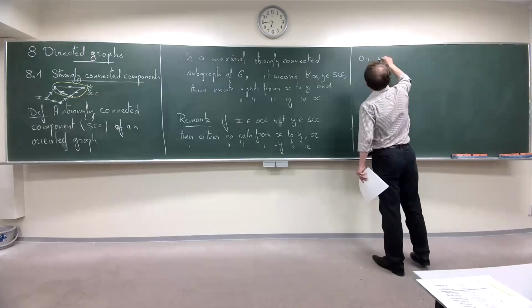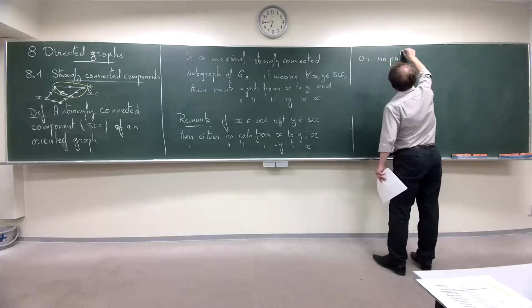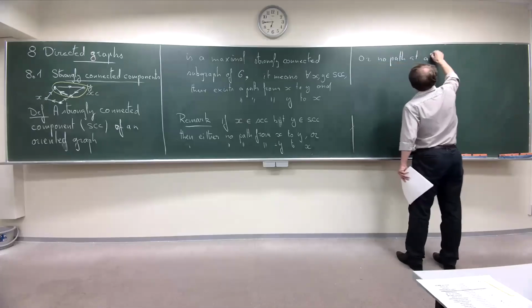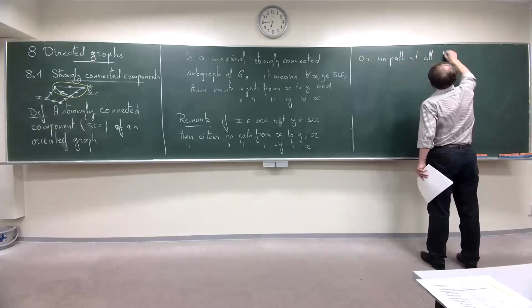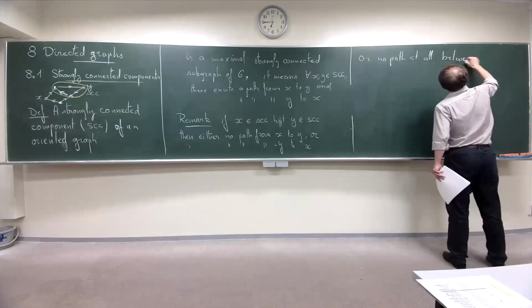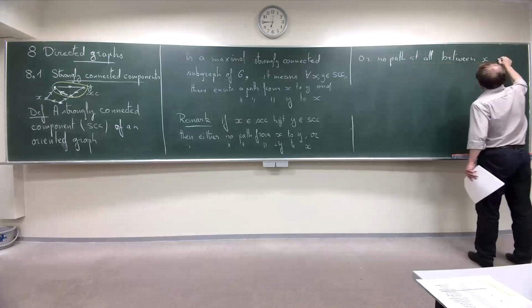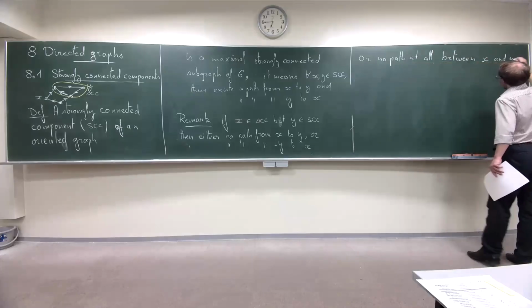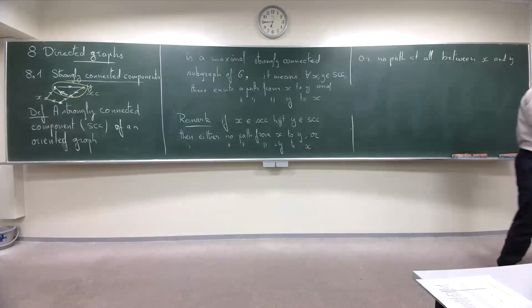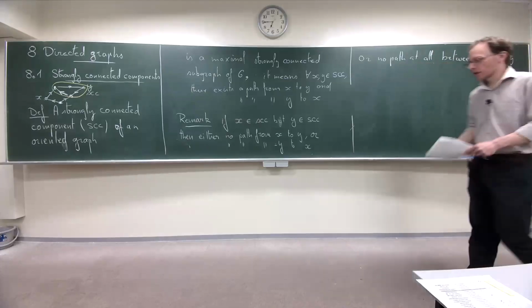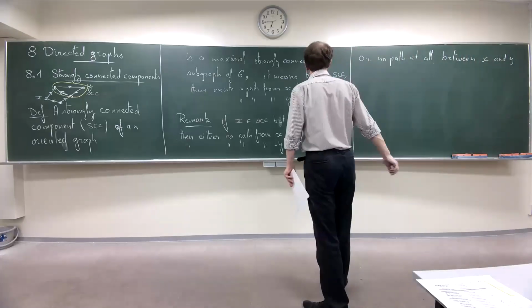Or no path at all between X and Y. This is quite clear. Otherwise, there would be a contradiction with the definition of maximality. But it means,